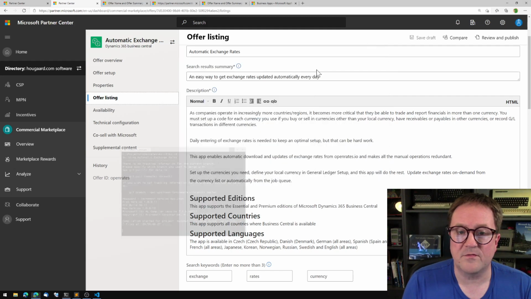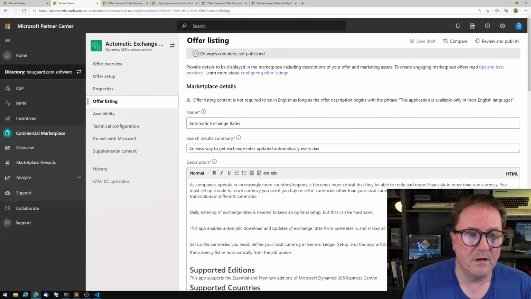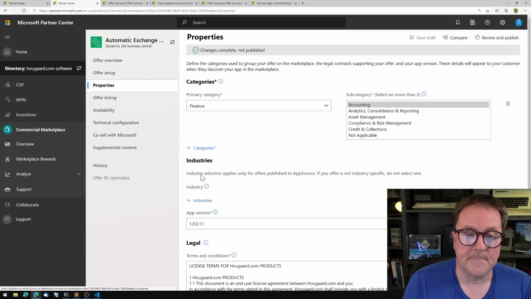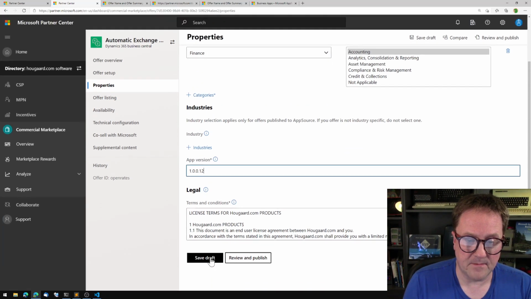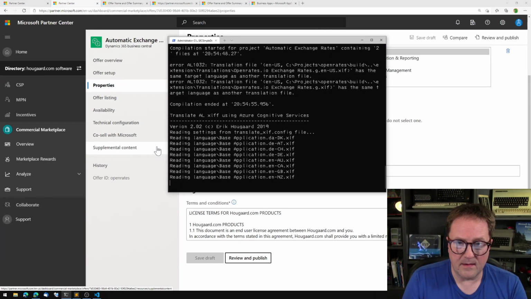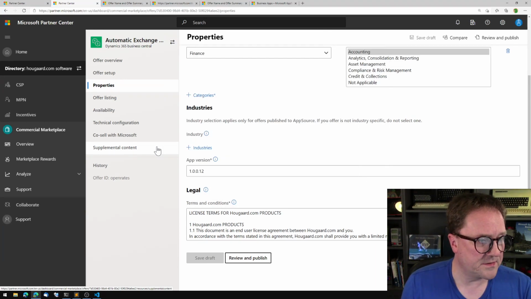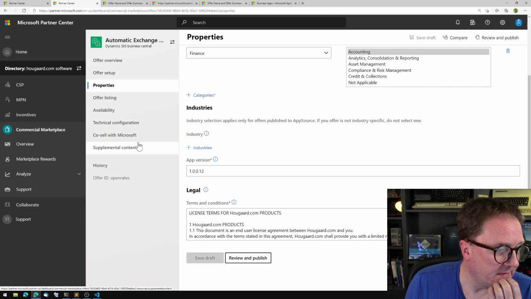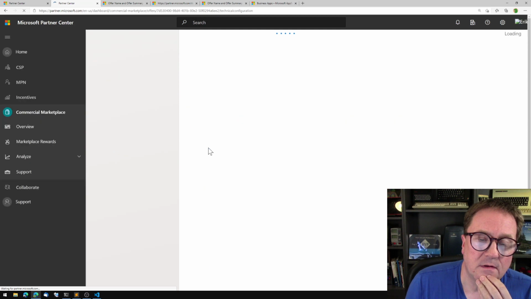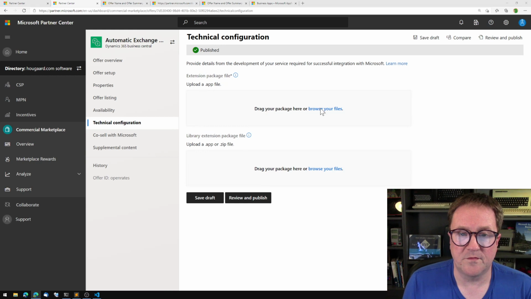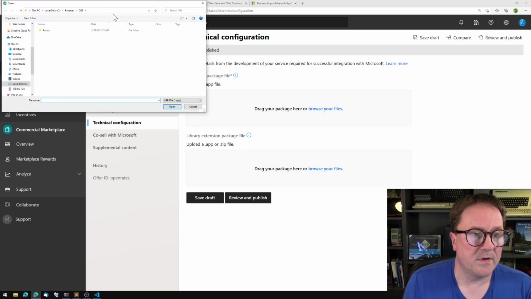So that means that it is actually going to be version 12 we're going to submit instead. There we go. And it's just starting with the translate stuff. This is all good. So the only thing we're missing right now is basically to upload an app file. So we'll remove version 10 and we will